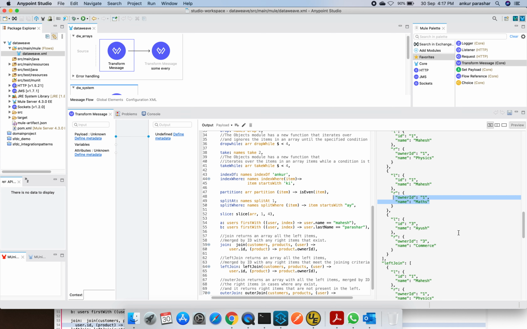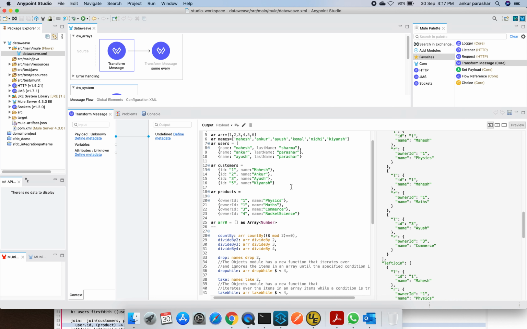Now it covers all the user base first, for which the condition is getting matched. Now for the third user, ID3, there is a match for commerce, so it is printing like that. But for the fifth ID of customers, there is no fifth owner ID, so that's why it is skipping.